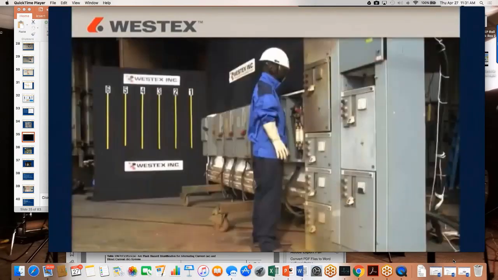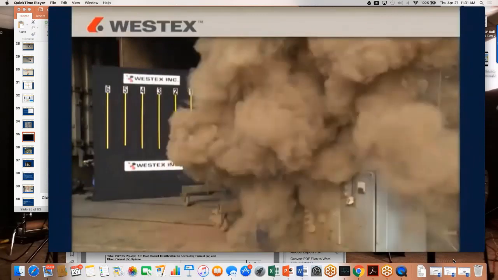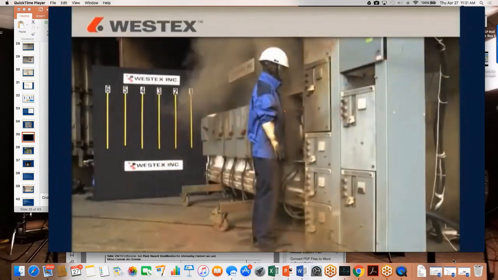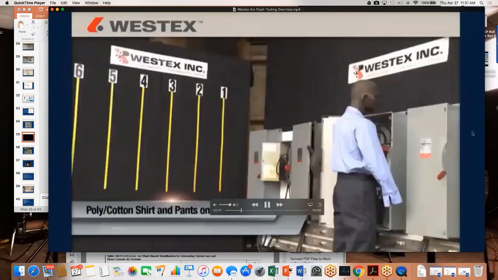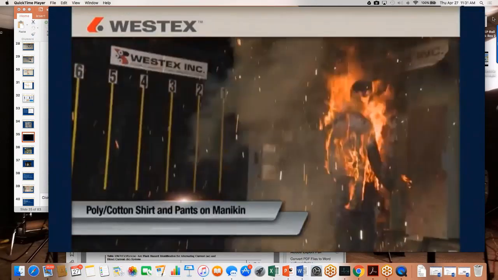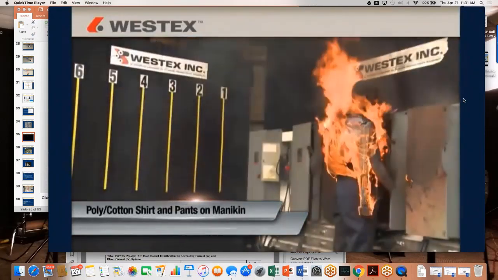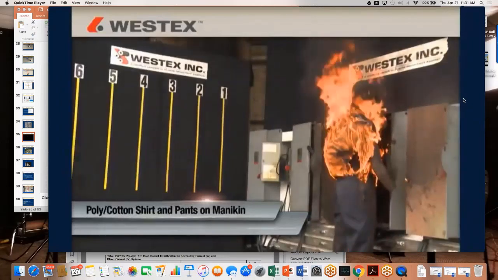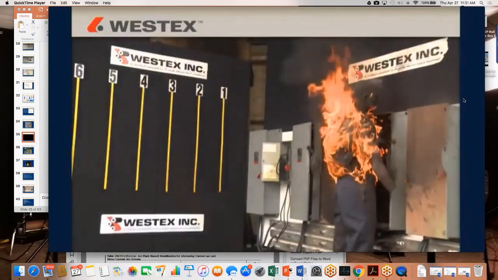A typical arc flash will release energy from a few calories up to 20, and exposures between 20 and 40 calories are not uncommon. Everyday clothes made from cotton or polycotton fabrics can be readily ignited at these exposure levels, and once ignited, they will continue to burn long after the arc flash is over, dramatically increasing the extent and